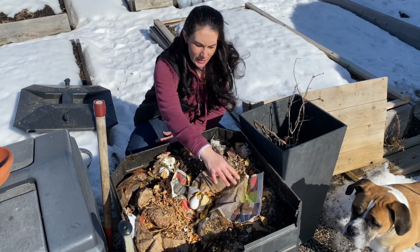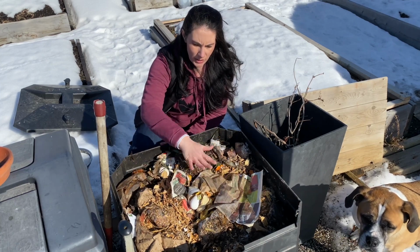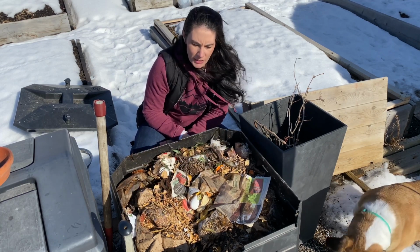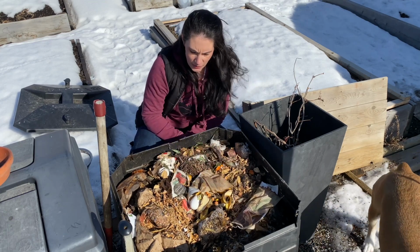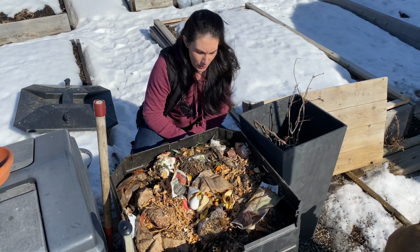I would say that next layer of leaves, I'll probably have only maybe one more week left of adding food scraps in here before this is filled right to the top. And as you see, it's not really breaking down right now, and it is cold. I didn't bring a thermometer out, but